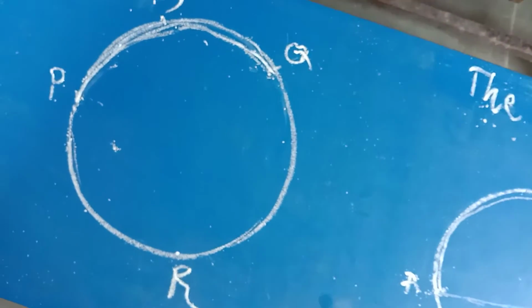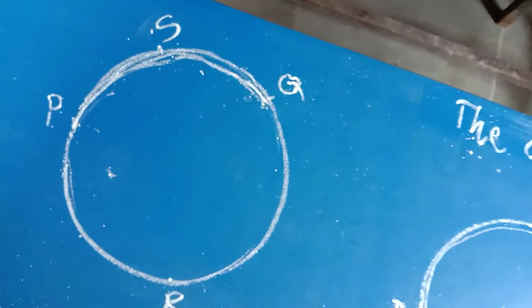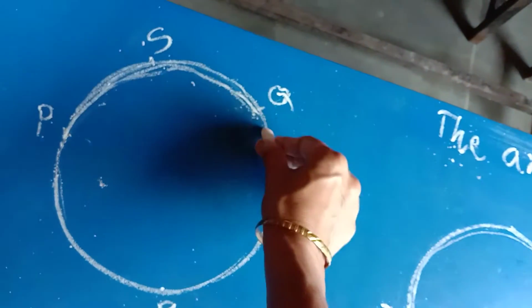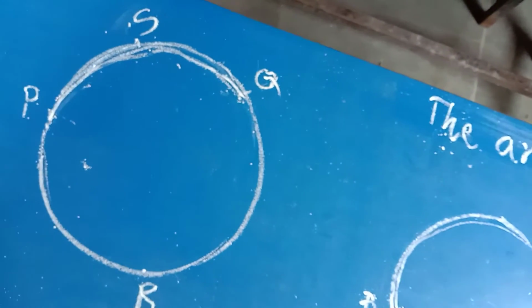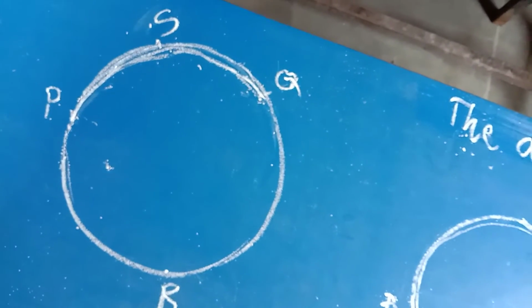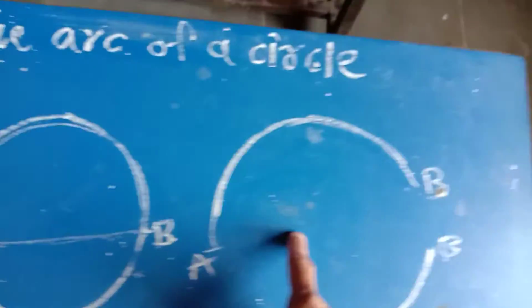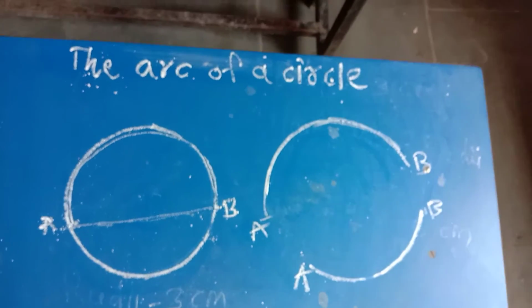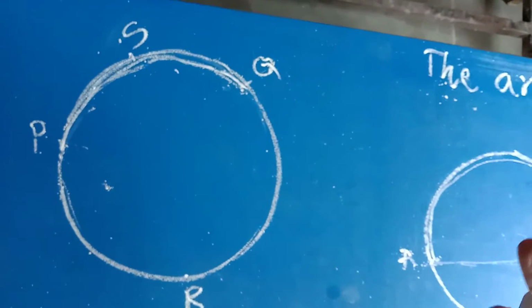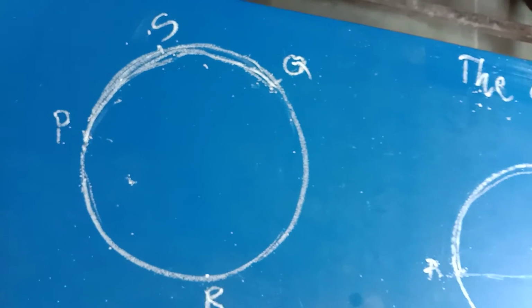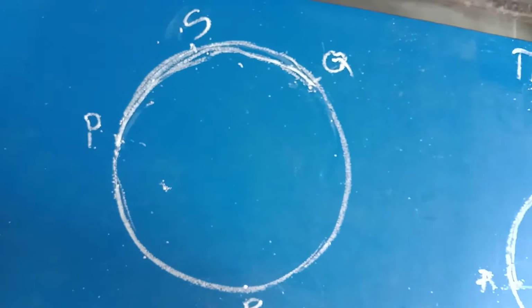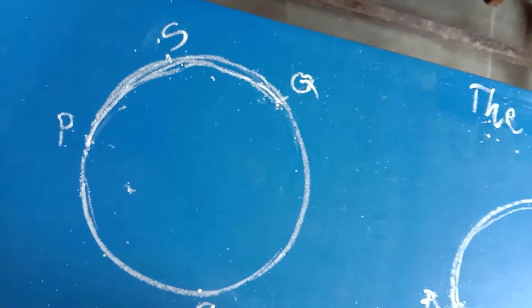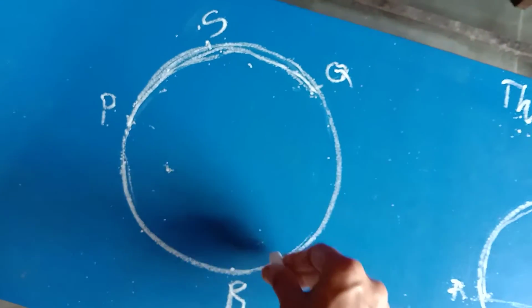From the name arc PQ, we cannot say which of these two arcs is spoken of. अगर हम लोग इसका नाम ऐसे बताएंगे arc PQ, तो हम लोग किसके बारे में बोल रहे हैं? We cannot say which of these arcs we are speaking of. So an additional point is taken on each arc. इसके लिए हमने यहाँ पे कुछ additional point लिए हैं. This point is used to give each arc a 3-letter name.